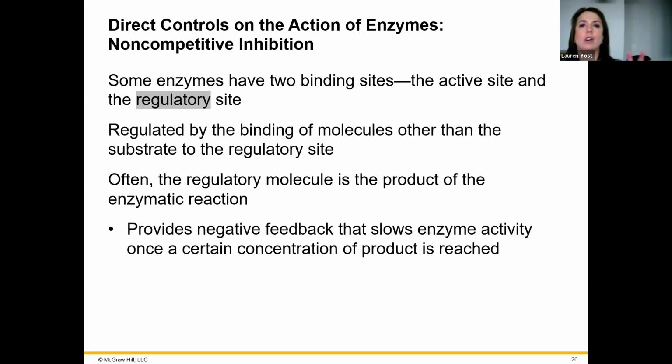Next, we have non-competitive inhibition. Lucky you, as far as inhibition goes, there's only the two types, competitive and non-competitive. Competitive, we already know we're competing for the active site. So guess what? Non-competitive, we're not competing for the active site, all right? In this case, instead of having a mimic that binds at the active site,